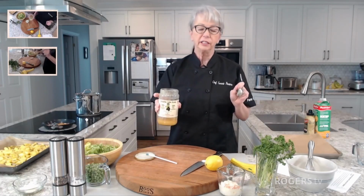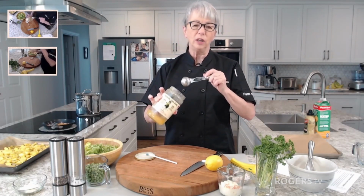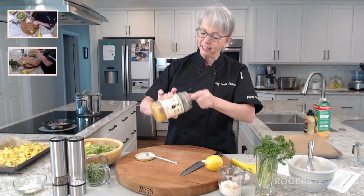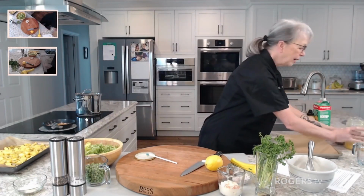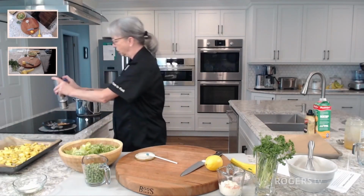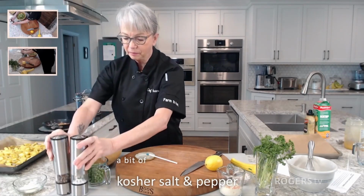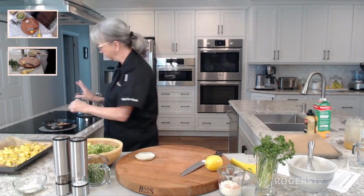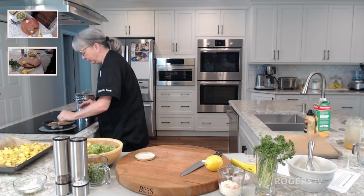All right, we're going to continue on with the crunchy topping. We're going to add in about 1 tablespoon of Kawartha Lakes honey, and that's going to give us the crunchy topping to the nuts. So that has to melt a little bit. We're going to add in a little bit of kosher salt and some pepper, and we're going to let that just combine. We're going to let that saute a bit. The honey will melt,